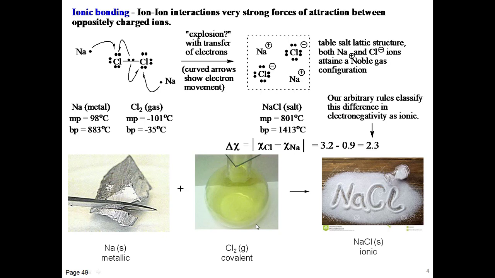Chlorine is a poisonous green-colored gas. Okay, has a lot of uses. Chlorine's very useful in our world, but you wouldn't want to work with it as the gas. It's very dangerous. If you mix those two together, then we end up with sodium chloride, and everybody has seen sodium chloride